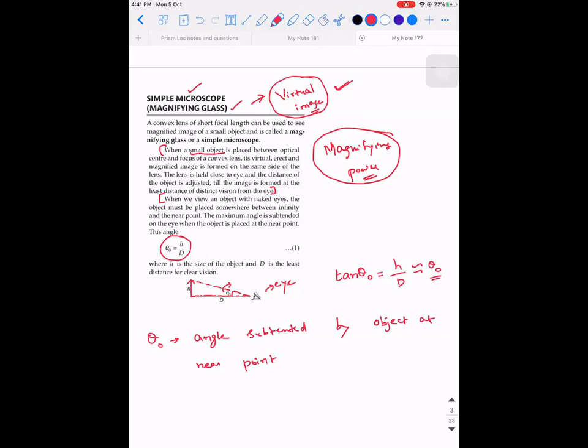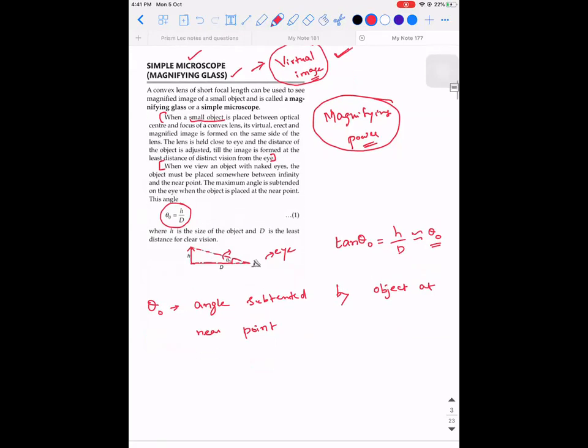If that is the case, then the only option we are left with is to use a convex lens. Again, if you revisit the convex lens ray diagrams, there are 6 ray diagrams. Out of those 6, in 5 ray diagrams, it will always form a real image. Real images are always inverted in nature, whereas there is one diagram where it forms a virtual image. Where is it forming a virtual image? Between F and O. Yes, that is what the second paragraph says.